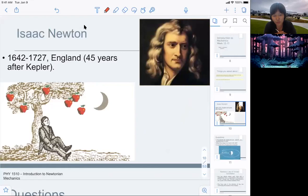The story is that Isaac Newton sat below an apple tree, and the apple that hit his head inspired him to think about the gravity that makes the apple fall. It's the same mechanism as the gravity between the Earth and the Sun, the same mechanism that is responsible for keeping all the planets in their orbits. But that's another story. So the universal gravitation states that